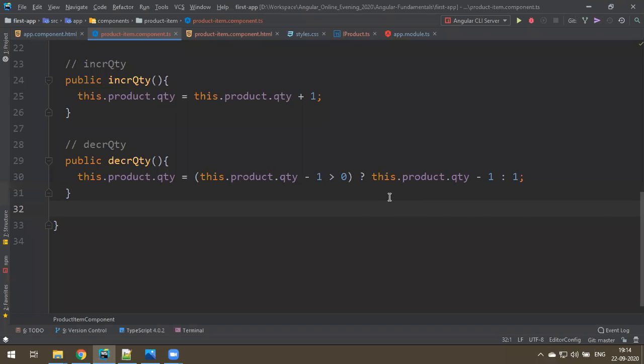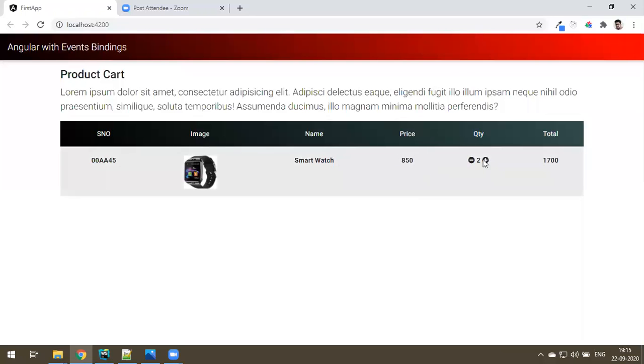Now check. I think correct. Yeah, now check. I click on the plus, incrementing. And less than 1, if I click on, see, I'm trying to click minus, but it is not reducing below 1. This type of condition you can make. Fine. So this is a simple example of increasing the product quantity, and how to display multiple products and all, we'll see in a separate class for that. You have ngFor, ngIf, and a lot of conditional statements and looping statements in Angular. We'll see that in coming classes.